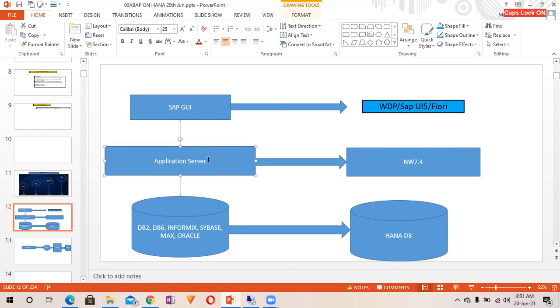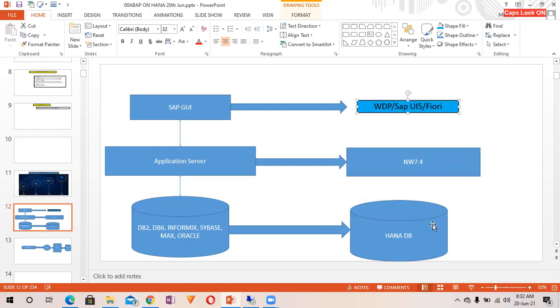Whenever your code was getting reviewed by your senior developer or with your team lead, if they found some aggregate function, they used to tell you to remove this aggregate function because that hampers the performance. But now when you have the HANA DB, you don't have to bother about the aggregate function. You are supposed to use the aggregate function because your HANA DB is going to be more powerful, right?